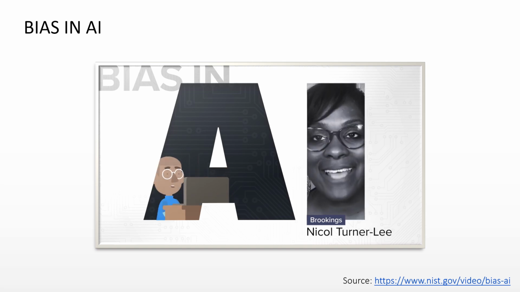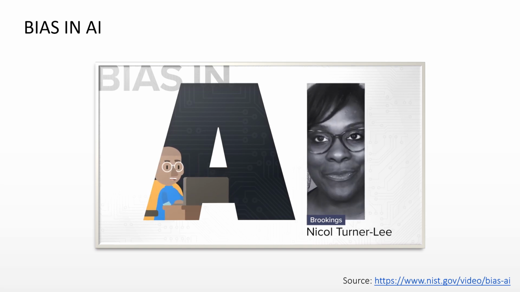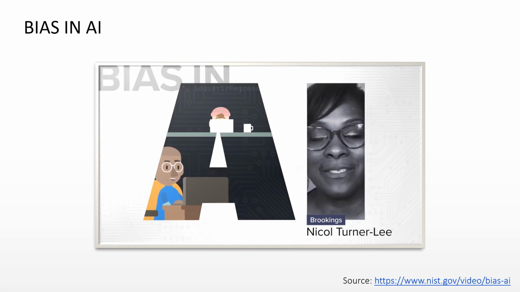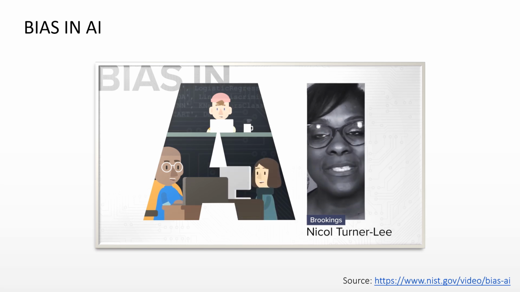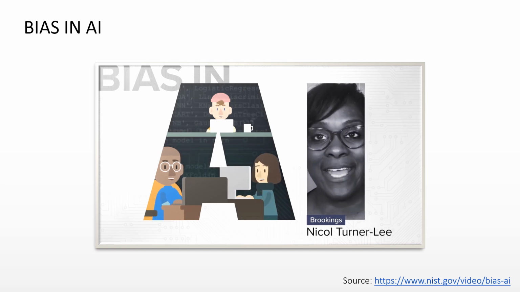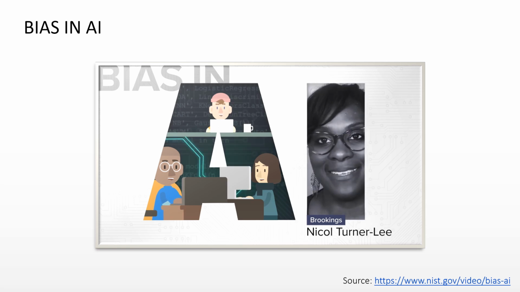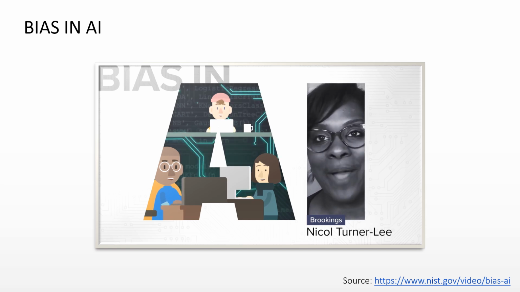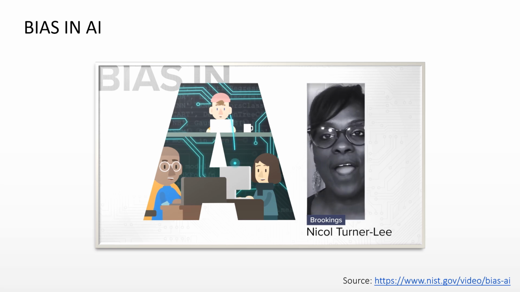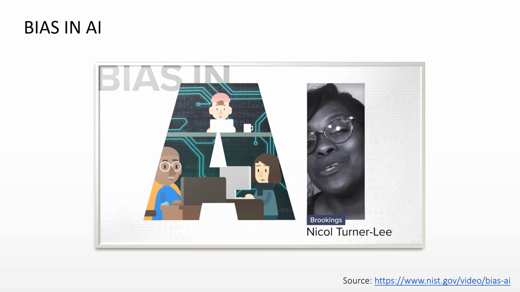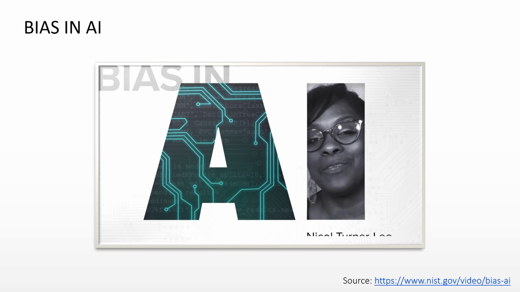At the end of the day, computers are not programmed by themselves. They're actually programmed by human beings. And human beings bring their values, assumptions, and norms about the world that factor into these models that we're actually creating. So we have to care about bias in AI. If we as humans don't care about bias in AI, then we honestly don't care about the flow of democratic participation and how we actually democratize systems so that everybody gets to be able to participate.